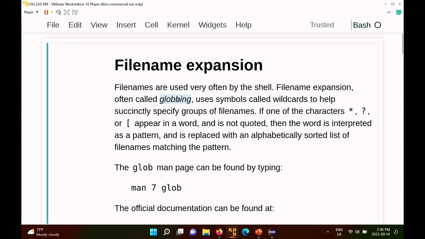All right, so file name expansion, you'll often see this term called globbing when you Google for it. File name expansion or globbing uses some special symbols in order for you to match multiple different file names. It uses these symbols called wildcards to help you succinctly specify groups of file names. Okay, so the special characters are the star, the asterisk,